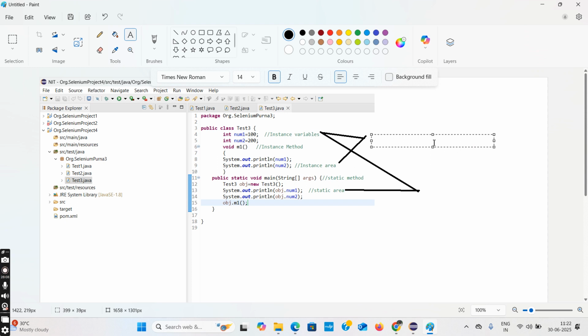Instance variables are used in instance area. First one, instance area. So what is this direct access? Direct access. Okay. So from here,